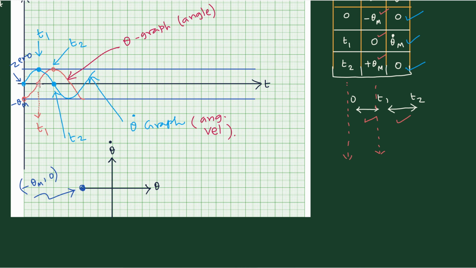What is the second value? The second value you see here. This is the red point. The red point is 0 here. So 0 comma theta dot maximum. Where is 0? This is 0, and theta dot maximum is this. This particular point, I am making a blue color point here. So this one will be 0 comma theta dot maximum. That is your second point.